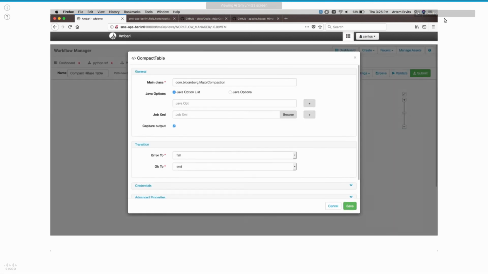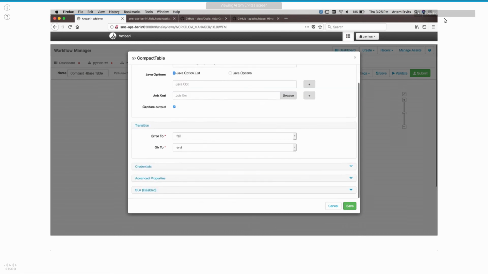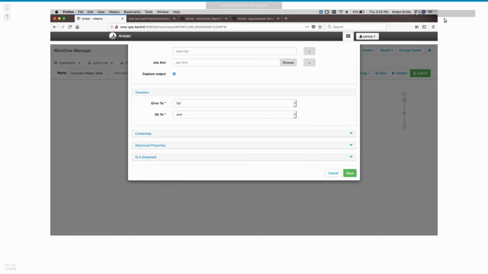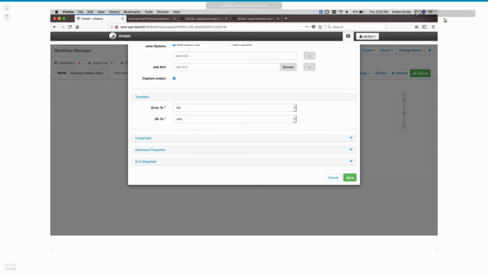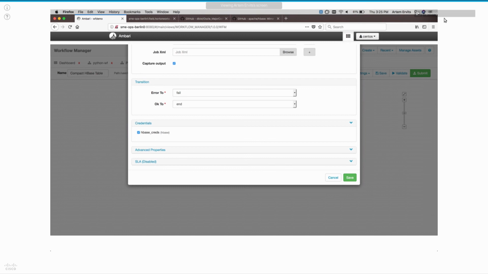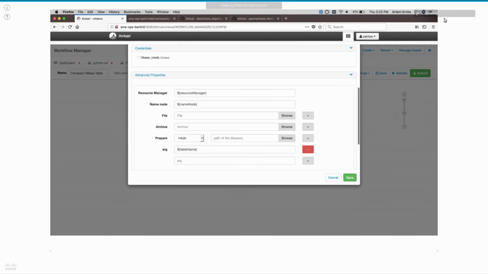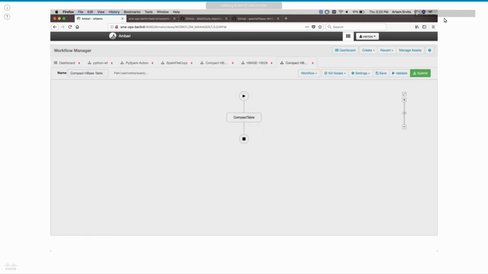Just to show you, I'm calling the Java class of that Java program that I showed you. I can introduce other action commands, like on error do this, on OK do that. It will grab the credentials that Clay defined for his secure cluster. Because my cluster is not secure, I'm just going to uncheck it. But this just talks about the power here. It will parse everything and know what to do with the arguments in the XML. Other than that, this is pretty much it. Point the HBase site of your existing cluster to this workflow, and you're good to go.